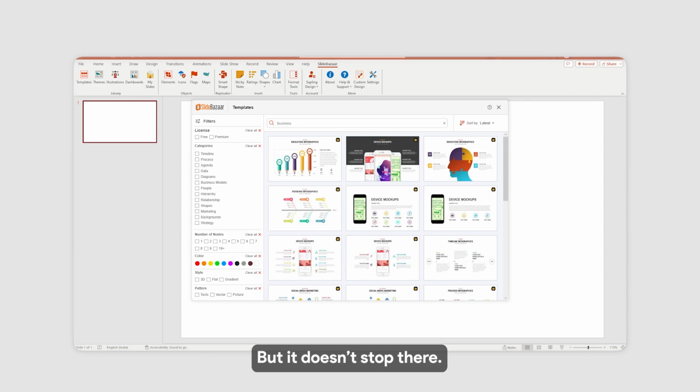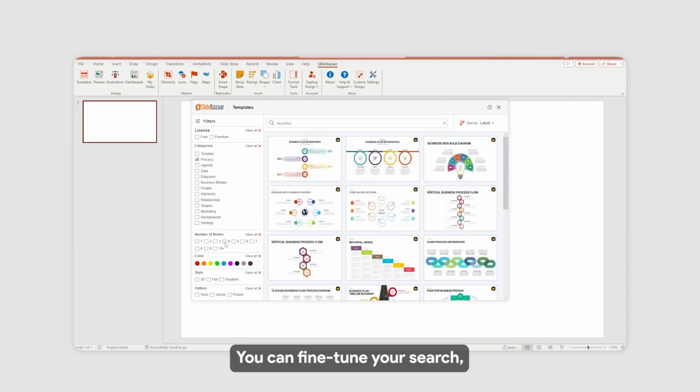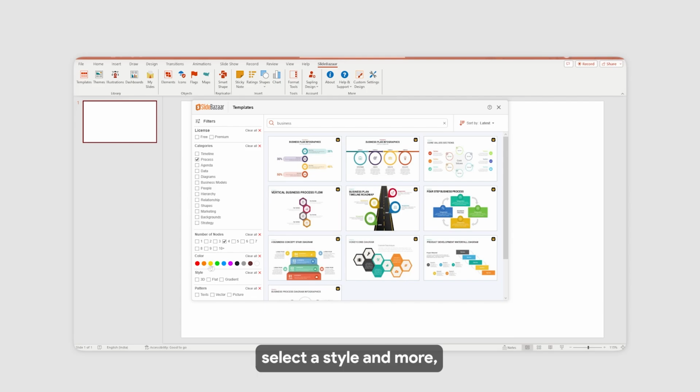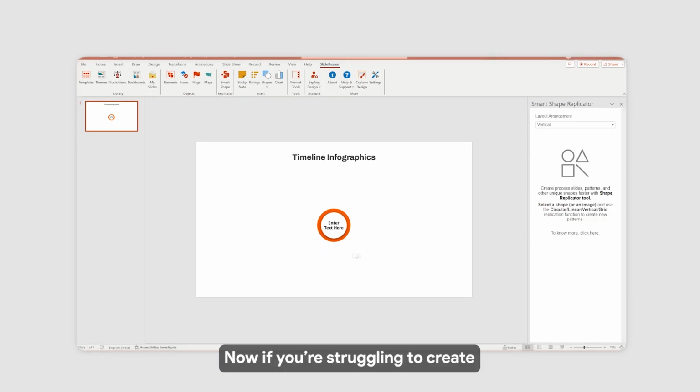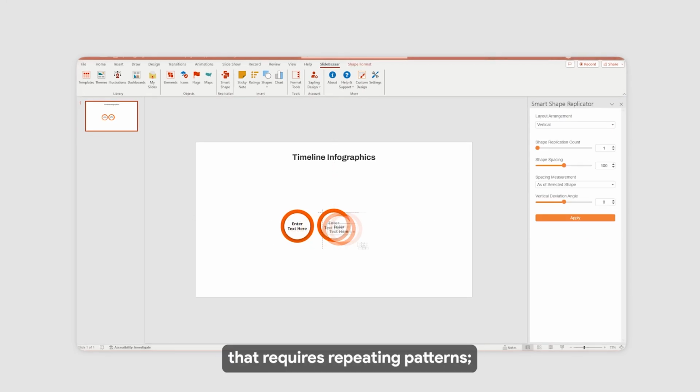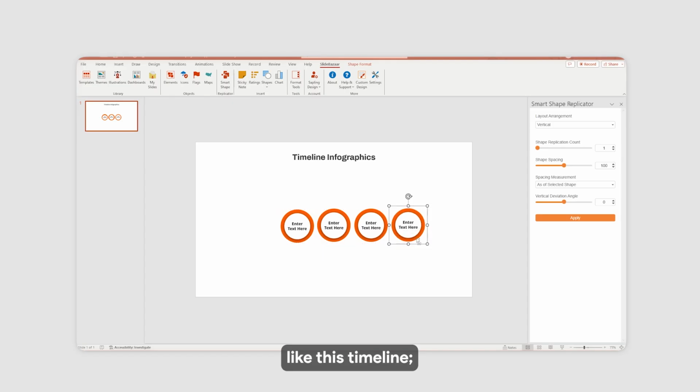But it doesn't stop there. You can fine-tune your search, choose your color palette, select a style, and more to find the right template for your needs. Now, if you're struggling to create a custom design that requires repeating patterns like this timeline, you can